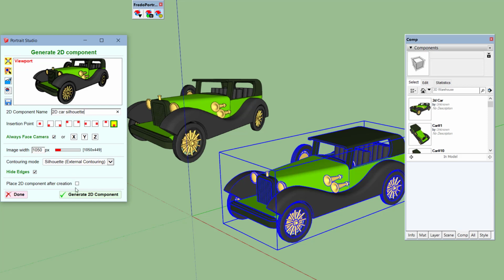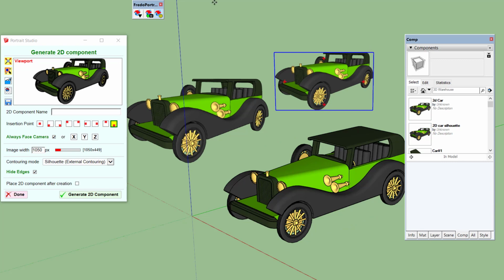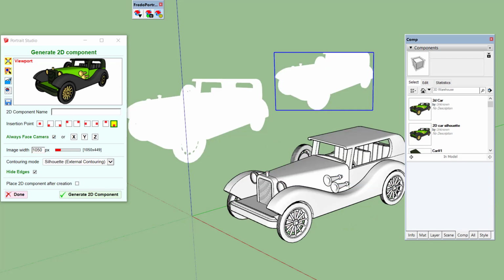Okay, generate it. So here it is. Let's put it here in the model. Switching to monochrome, you see that here you don't have the holes. You have only the external shape of the car.